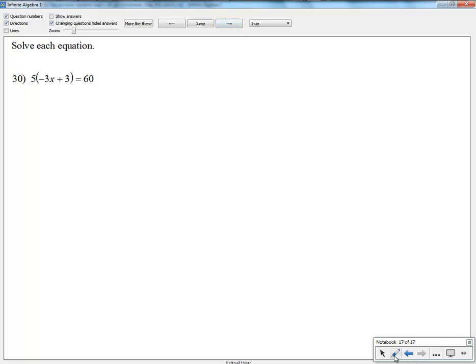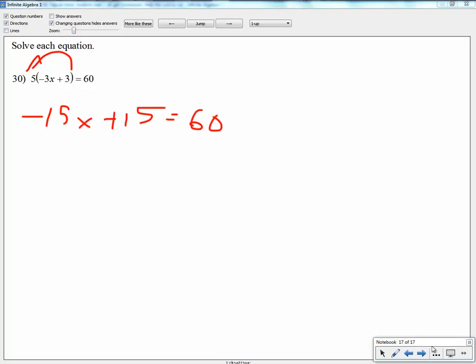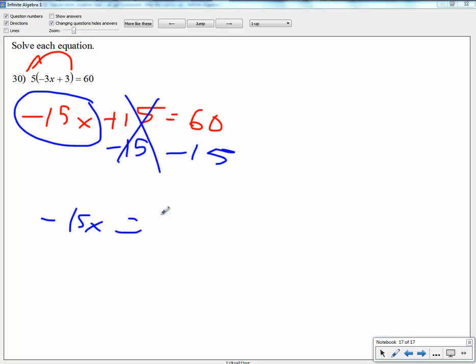This is a good one. So first thing we're going to do is distribute. So we have negative 15x plus 15 equals 60. I'm going to circle the variable, take care of the hater. The hater is positive 15, so we subtract 15 from both sides. We get negative 15x equals, these cancel out,